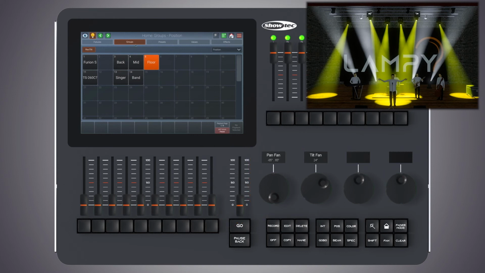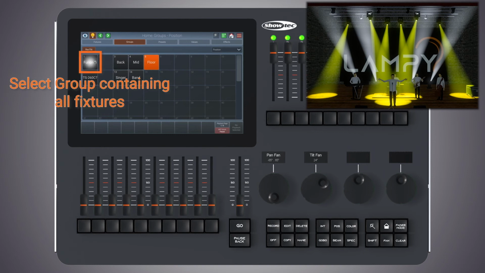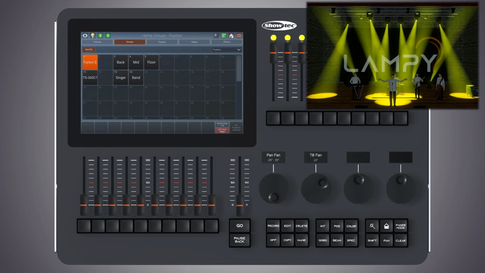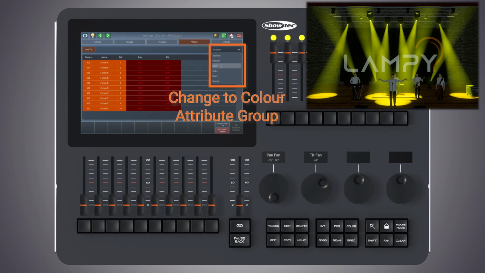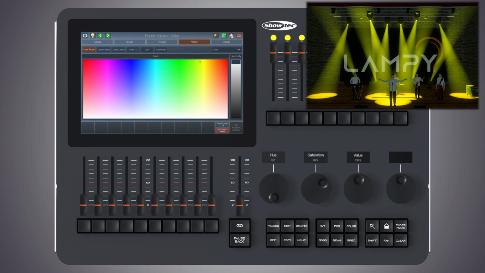Now let's have a look at how to set color mixing attributes. For this, let's select all of our fixtures again and turn off highlight. Let's change to the Values tab and change to the Color attribute. Inside the Values tab Color attribute, you will find 3 special methods to enter values.